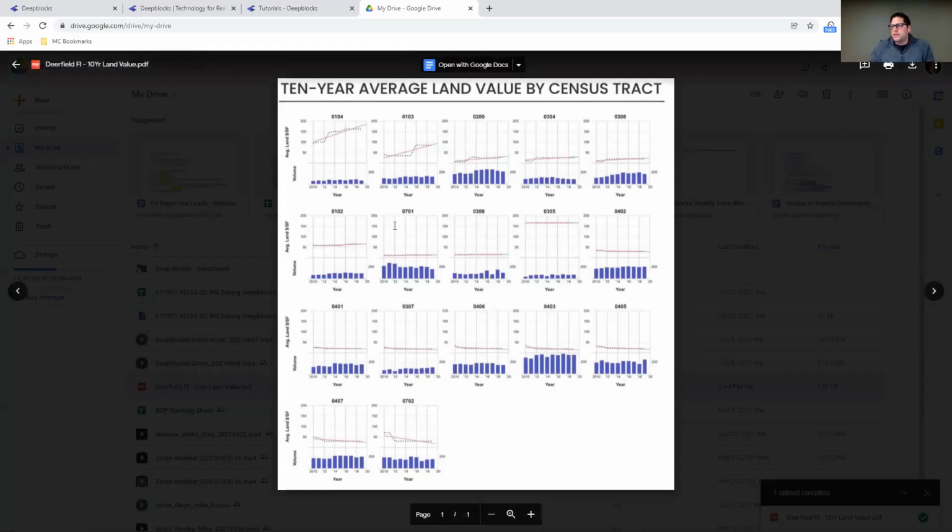In addition, you can also look for census tracts adjacent to these and say, all right, maybe this market's priced out at the moment at 104 or 103, but we can look at neighboring census tracts that will most likely feel that incline in the next couple of years as that market gets priced out and people start moving to the neighboring towns. So it might make sense to look at the neighboring areas of 104 and 103. This comparison of census tracts gives you a real good feel of where you want to develop.